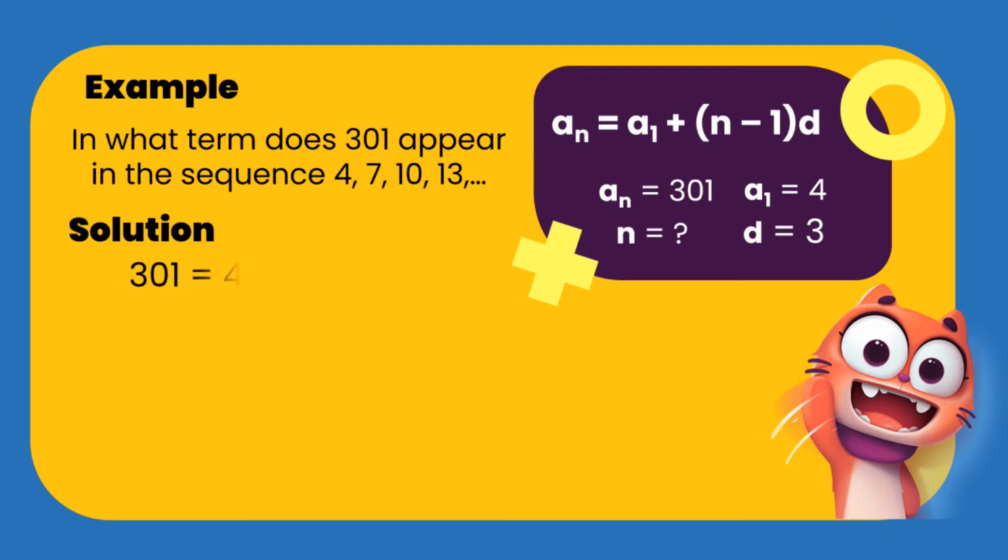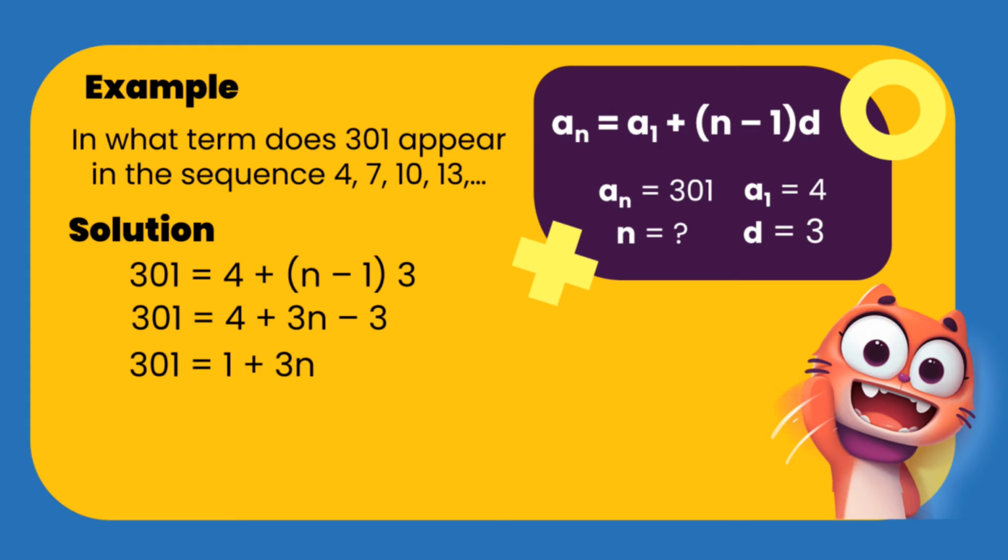From the formula, we have 301 is equal to 4 plus the quantity of n minus 1 times 3. From here, we can multiply 3 to the numbers inside the parentheses. Therefore, we have 301 is equal to 4 plus 3n minus 3. Therefore, 4 minus 3 will give us 1. And to cancel out 1, we need to subtract both sides by 1. Therefore, we have